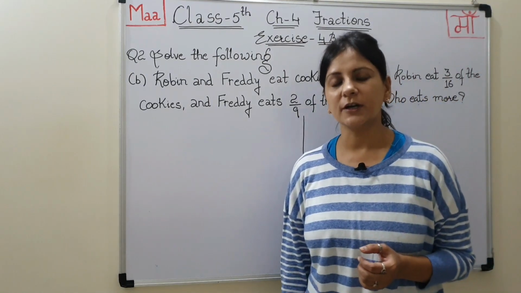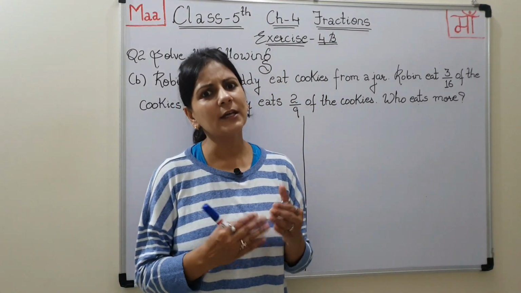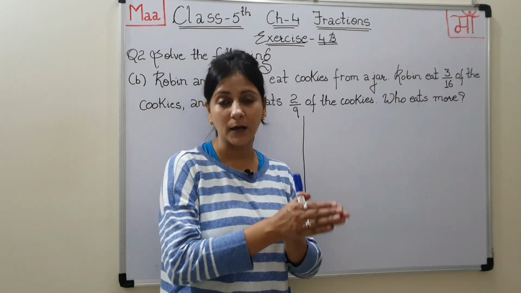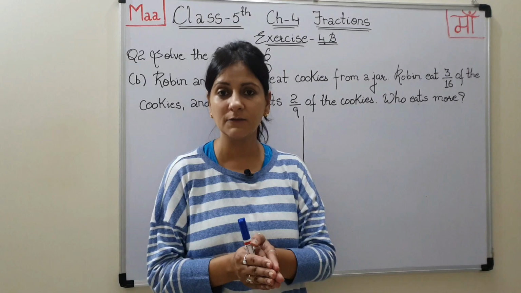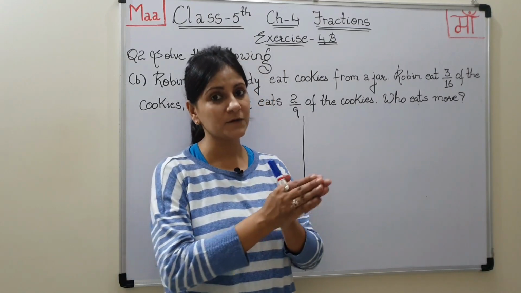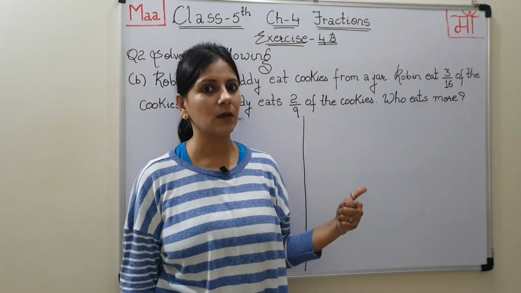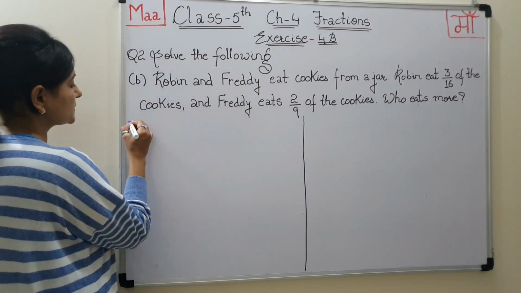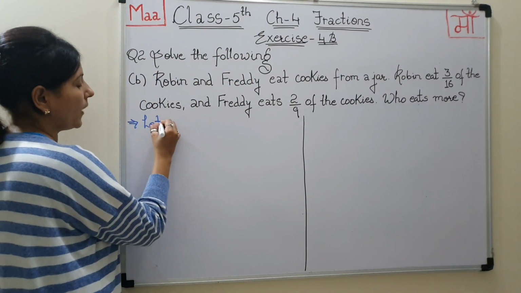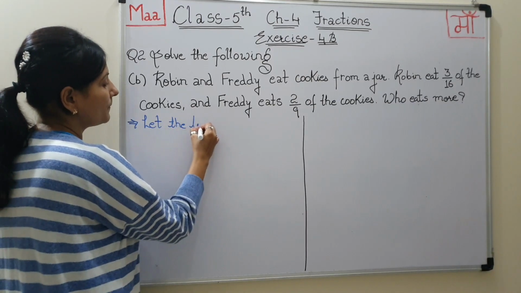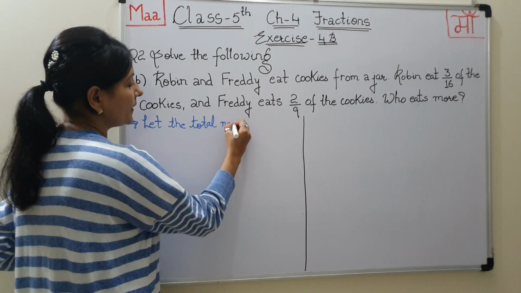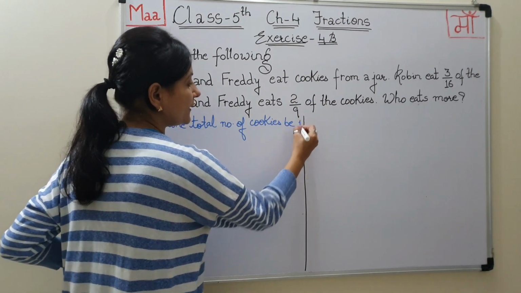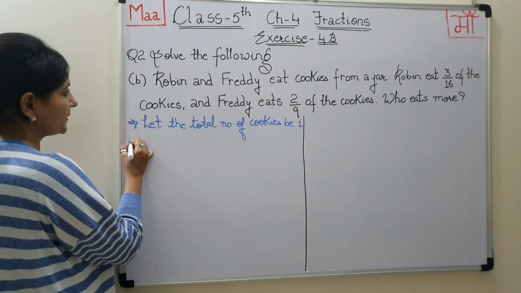ये हमें फाइंड आउट करना है यहाँ पर। अगेन फ्रैक्शन गिवन है किसने कितनी कुकीज खाई, लेकिन टोटल नंबर ऑफ कुकीज क्वेश्चन में नहीं गिवन है। जिस तरीके से प्रीवियस क्वेश्चन के अंदर टोटल नंबर ऑफ स्टेम्स नहीं गिवन थे तो हमने उसको कंसिडर करा था, let the total number of stems be 1। उसी तरीके से इस क्वेश्चन के अंदर टोटल नंबर ऑफ कुकीज की वैल्यू नहीं गिवन है, तो यहाँ पर भी हम टोटल नंबर ऑफ कुकीज को लेट करेंगे 1। So let the total number of cookies be 1। हमने यहाँ पर कुकीज़ को मान लिया 1, टोटल कुकीज़ 1 है।